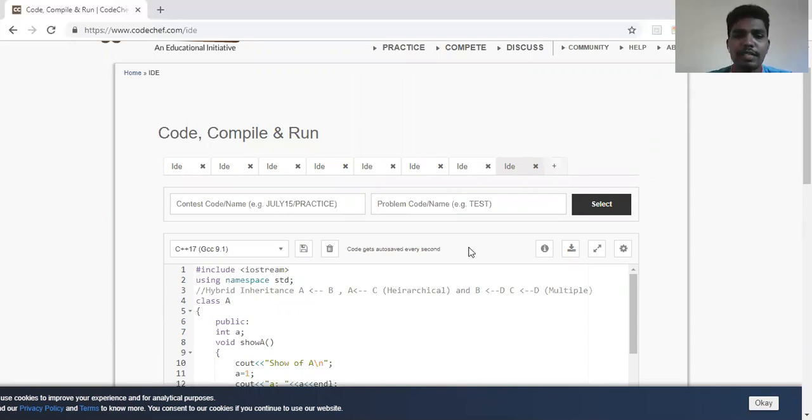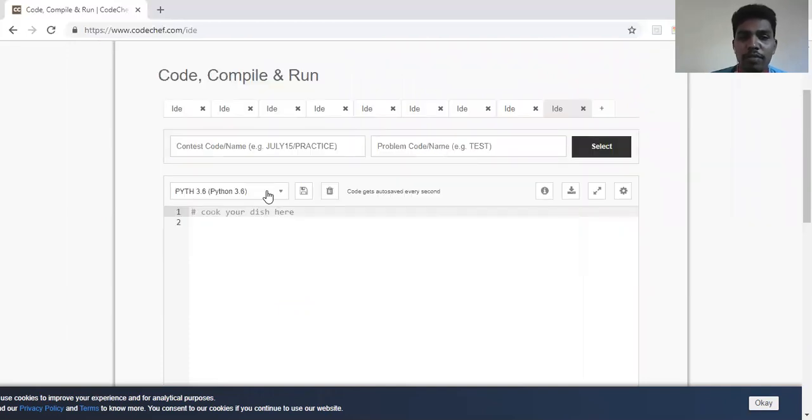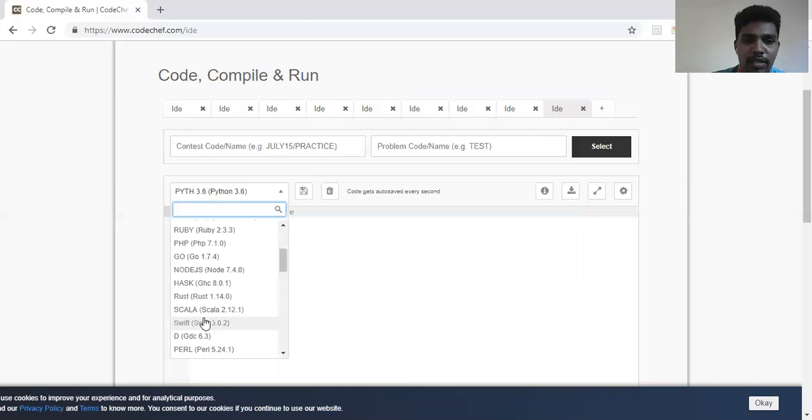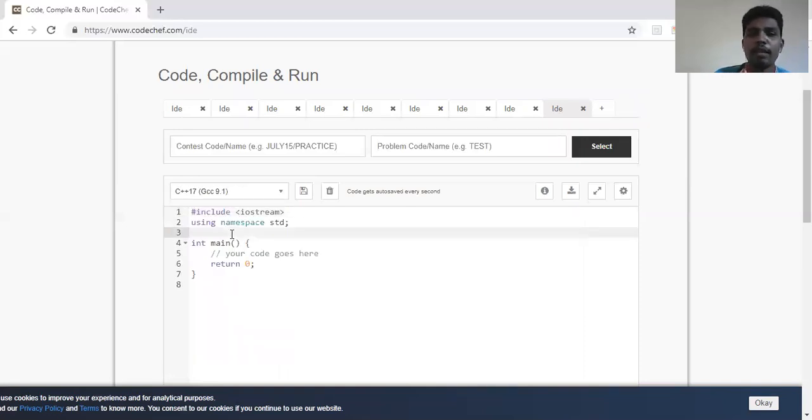So we'll see the last simple concept, which is polymorphism. There are different kinds of polymorphism in C++. So we'll see all the kinds of polymorphism in C++. Okay, coming to the first kind. When I talk about polymorphism, what do you mean by polymorphism? A same entity behaving differently in different situations or different places is called polymorphism. So there are different kinds of polymorphism. You can go for function overloading.